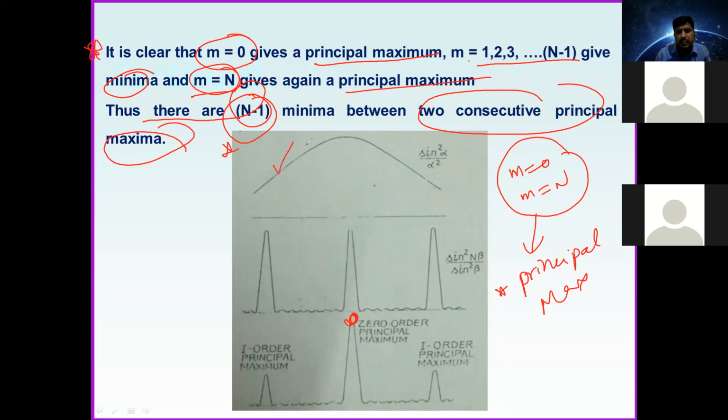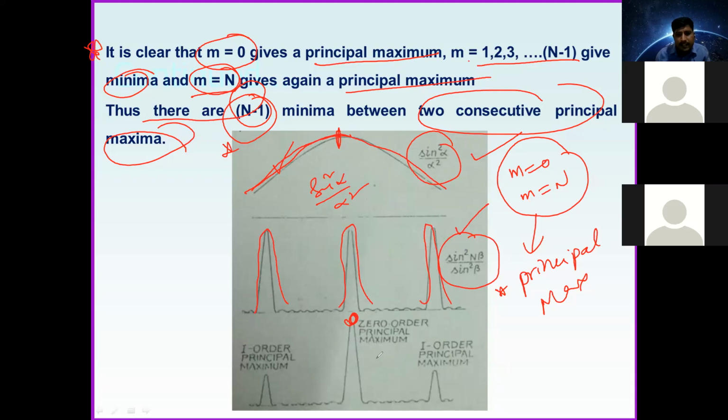This is the diffraction pattern, and this is interference. In diffraction, the peak gradually decreases. This is a factor. The diffraction condition is this. See, all are same. This is interference, the condition for interference. And this is both together. Here, zero order principal maximum, first order principal maximums. When you add it, you are going to get this.